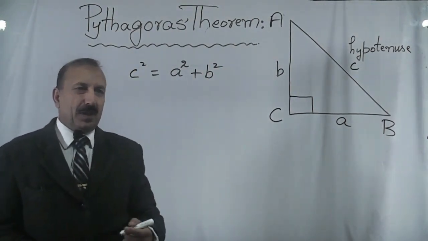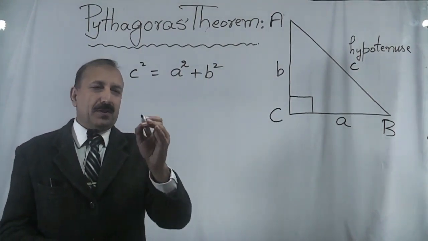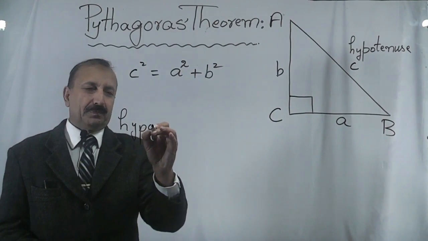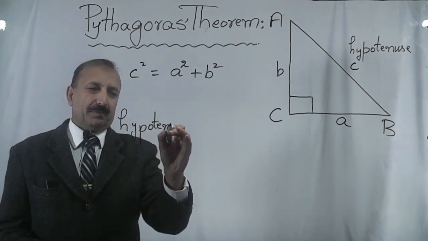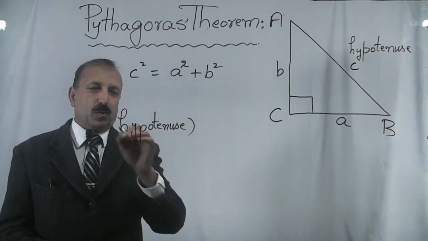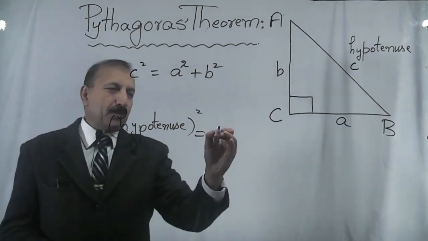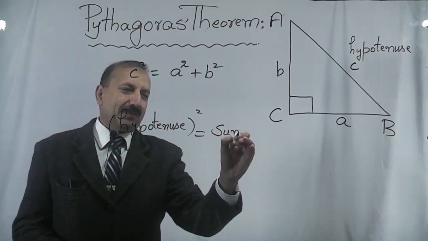And if we want to write it in words, this statement would be: hypotenuse square is always equal to the sum of the square